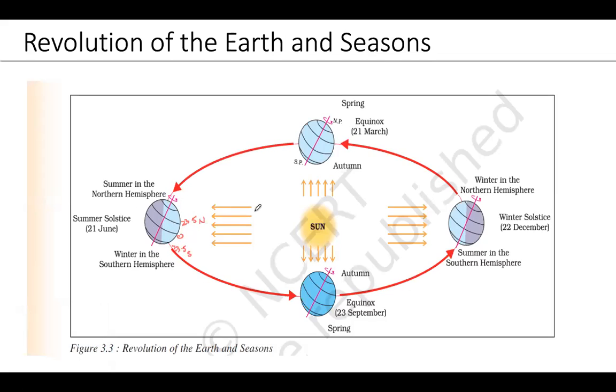So here, when the sun rays fall directly, because of the tilt, it is not falling directly on the equator, it is falling on the 23.5 degree. Why this 23.5 degree? Because of this tilt. When it is tilted, that 23.5 degree will be adjusted here, and here also we will have the direct sunlight on 23.5 degree. That's why this line is very important. They call this name as Tropic of Cancer. So this one is the northern hemisphere, this is summer, southern hemisphere.